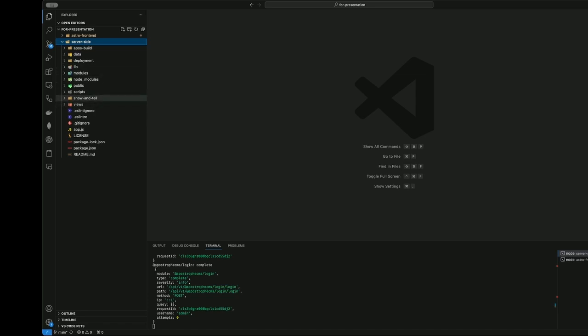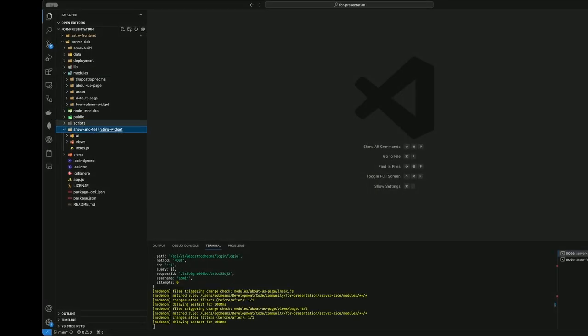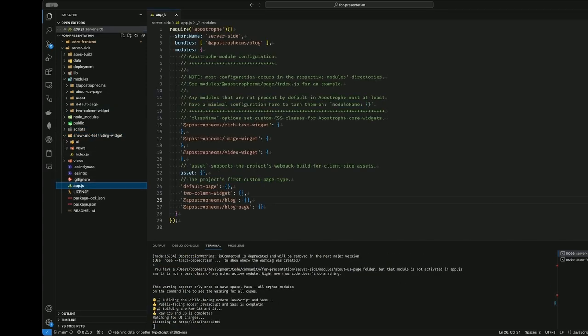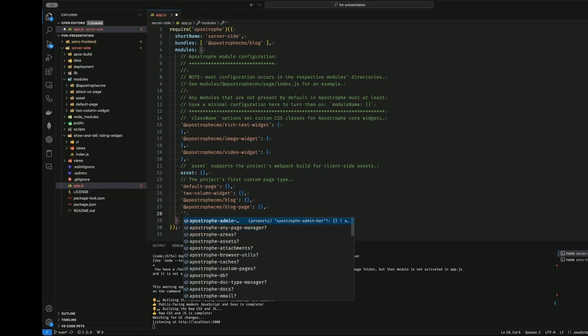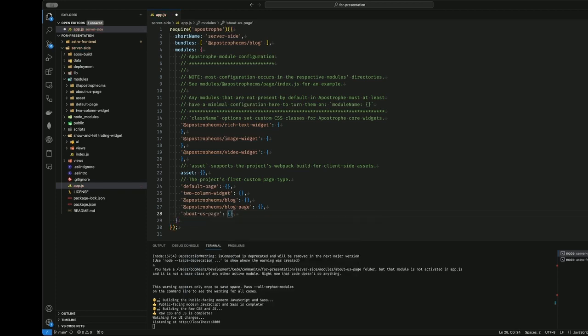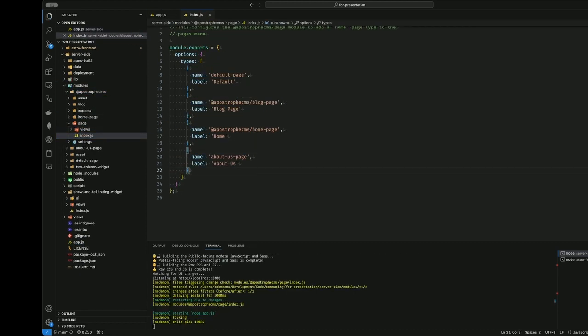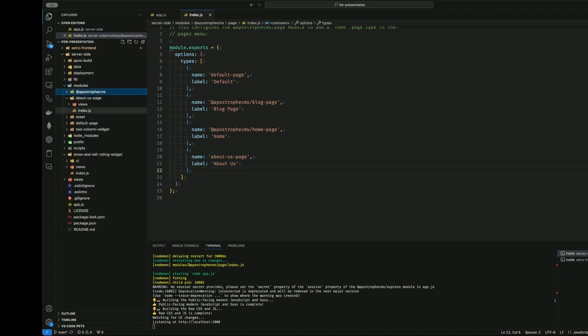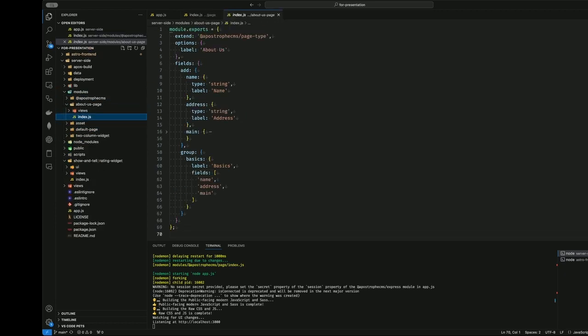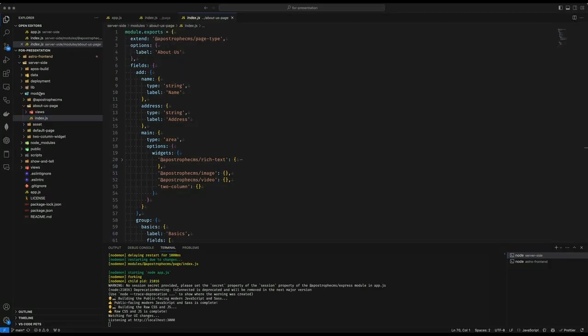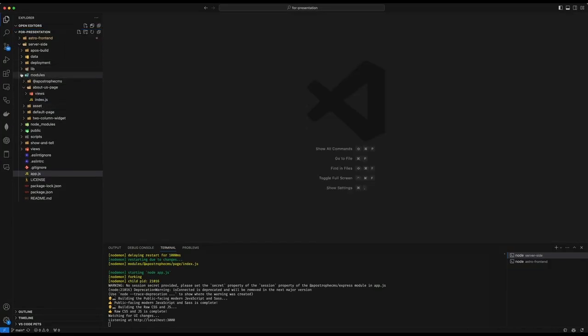Over in the Apostrophe project, we'll make a new page. I've actually already created this, and I'm just going to move it into the module folder. We'll add this page to the app.js and the @apostrophecms/pages module, just like normal. Inside our new page module, we'll just add fields for a name, address, and a rich text widget. That's it for the server side. But again, if we were building a more complicated page with functionality like querying an API, we could do that just as normal. Over on the Astro side, we need to open up the templates folder and alter the index.js